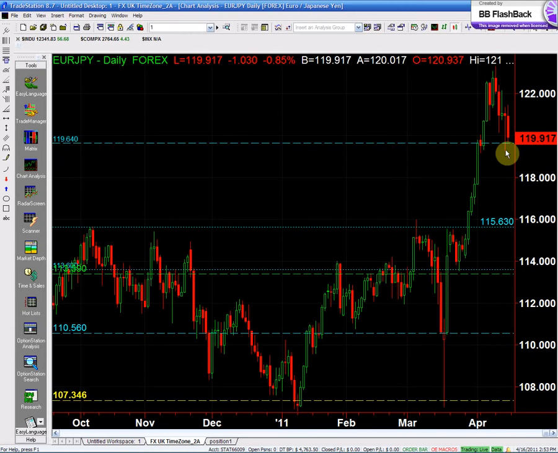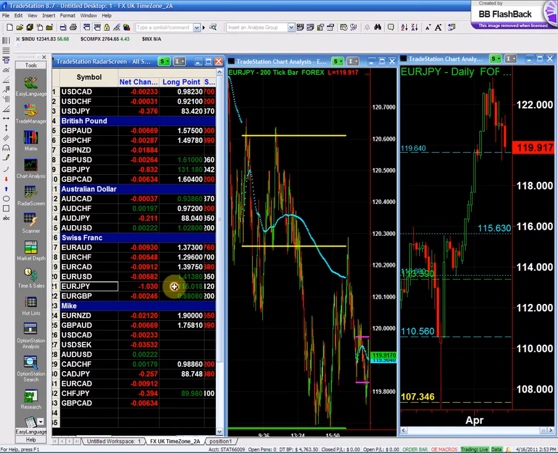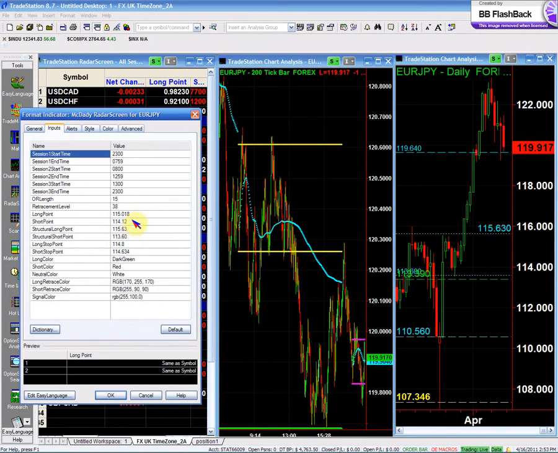and it came back above it, and it sat on top of it on Friday. So this is a double confirmation. So this is our short. Euro yen, we're going to go short below 119.64. My structure short is 119.64, and my short stop is 119.64. Alright, now where we are going to be buying this,